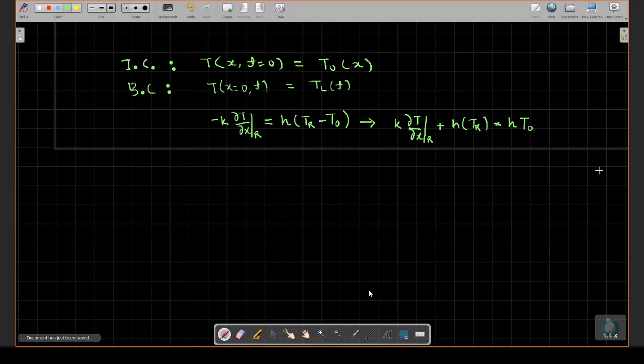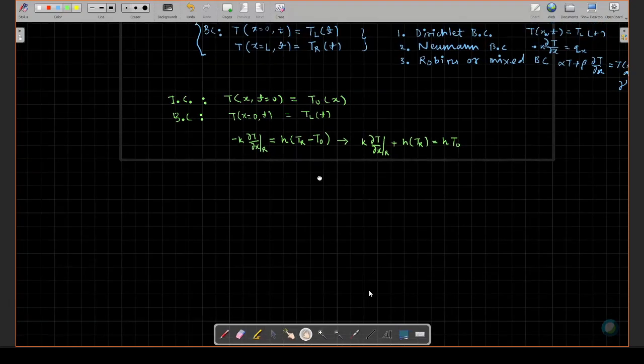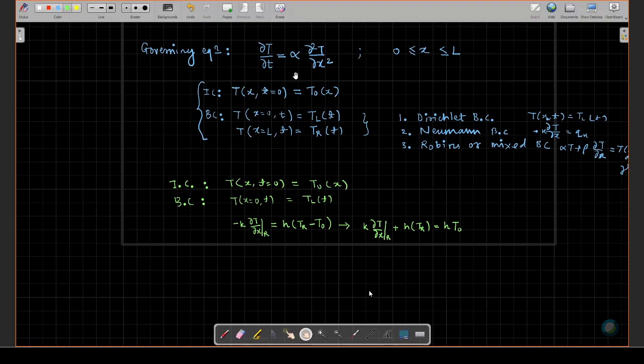Okay. Now we'll use a discretization of this type of method. So let the chosen discretization be, say, a scheme. We'll use a scheme to solve this problem. Now we know the problem. This is the governing equation, these are the initial conditions, these are the boundary conditions. So we would like to have a solution of this.